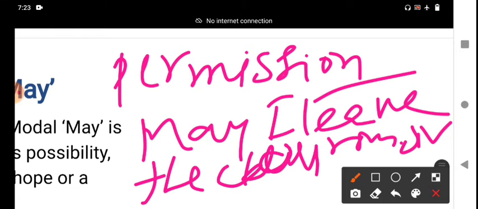This is more formal. May is used instead of, can I leave the classroom? Can I go out, sir? Can I ask my doubts, sir? Can is less formal. It is used between colleagues, friends, peer groups, and relatives. In formal language, may must be used. May I leave the classroom?